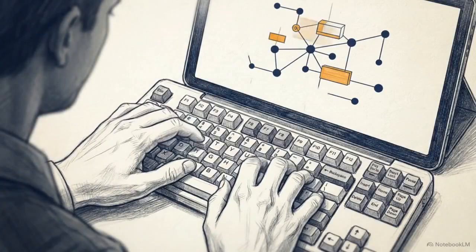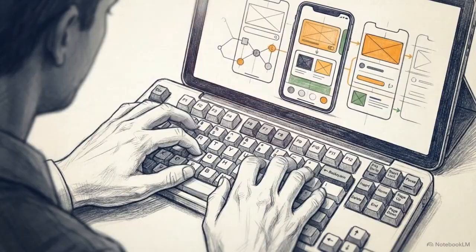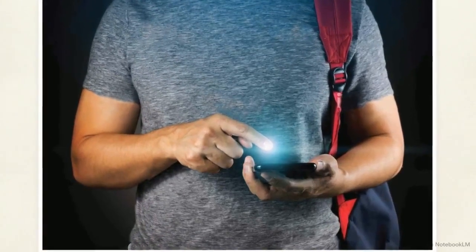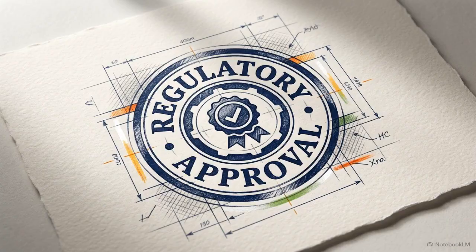You want to build a payments app. The code is compiled and the user interface is mapped out. But before a single rupee can move through your servers, you have to cross a massive regulatory moat. In India, entering the digital payments space requires direct integration with the Unified Payments Interface, which is strictly governed by